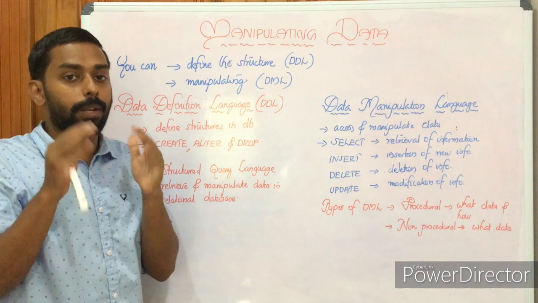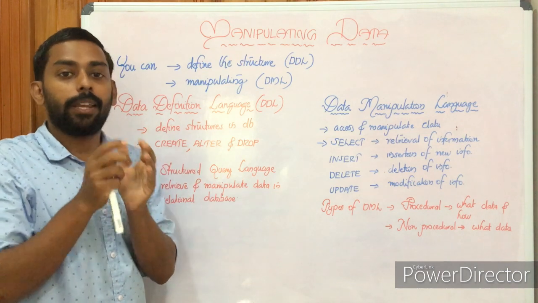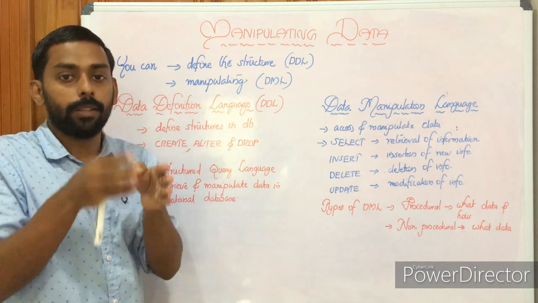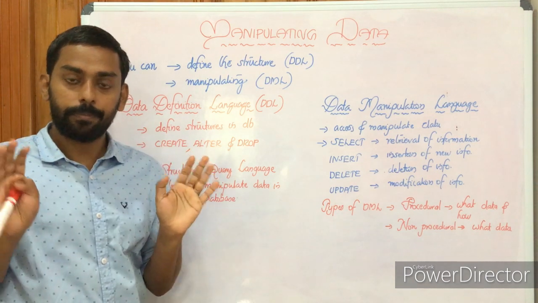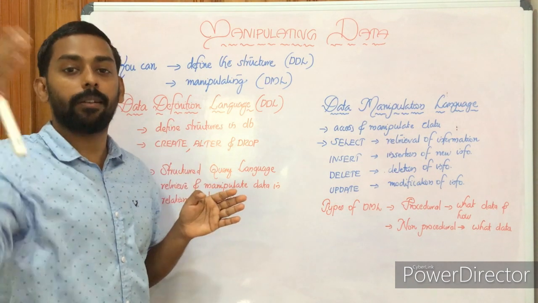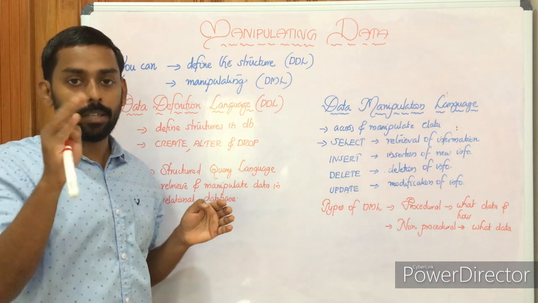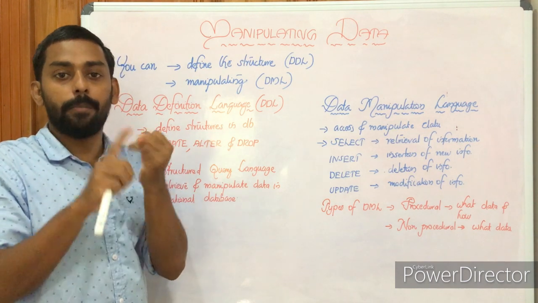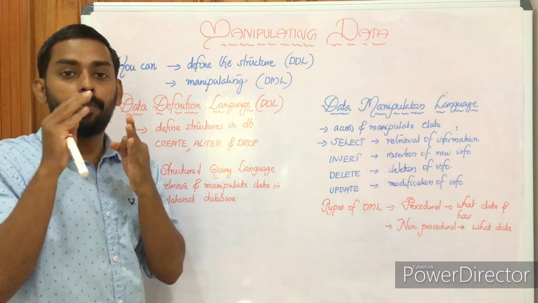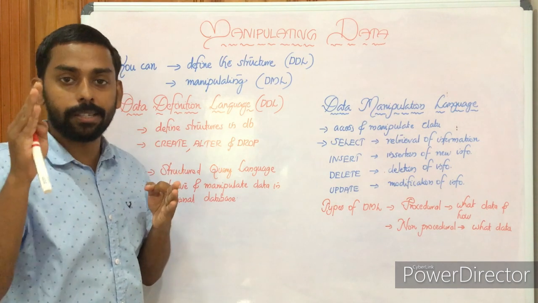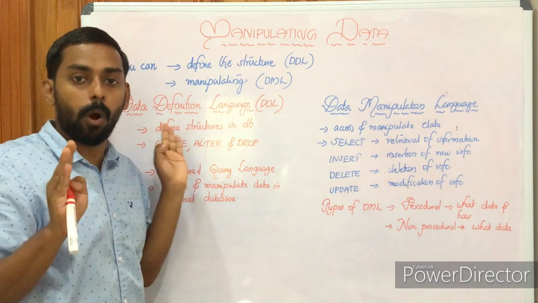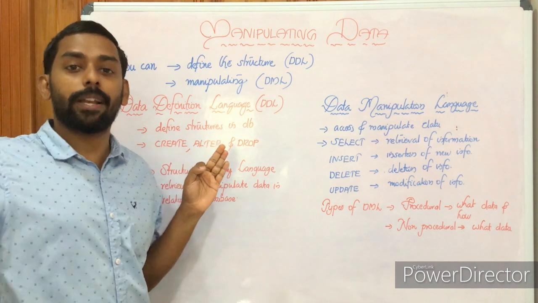Simply we can say create is used to create a table with a specific number of columns. Then alter is used to add one more column or drop an existing column. As I have told you, we have roll number, name and marks at present. If you want to add one more column, that is grade, we are doing it with the help of alter. If you want to remove an existing column,